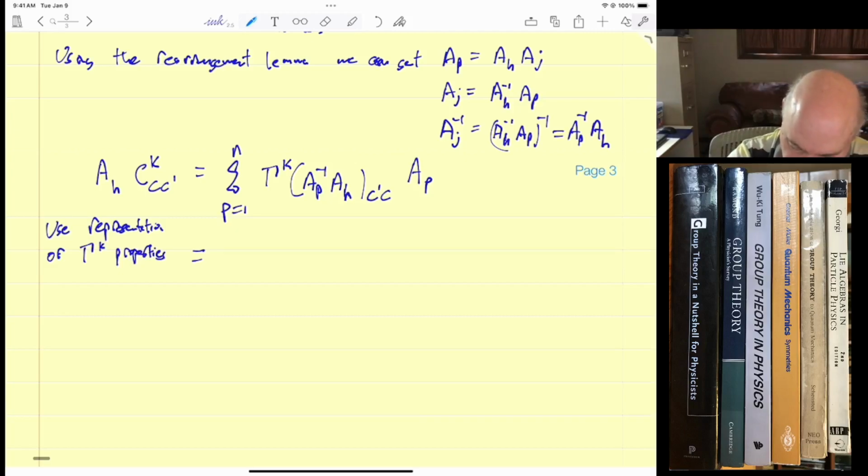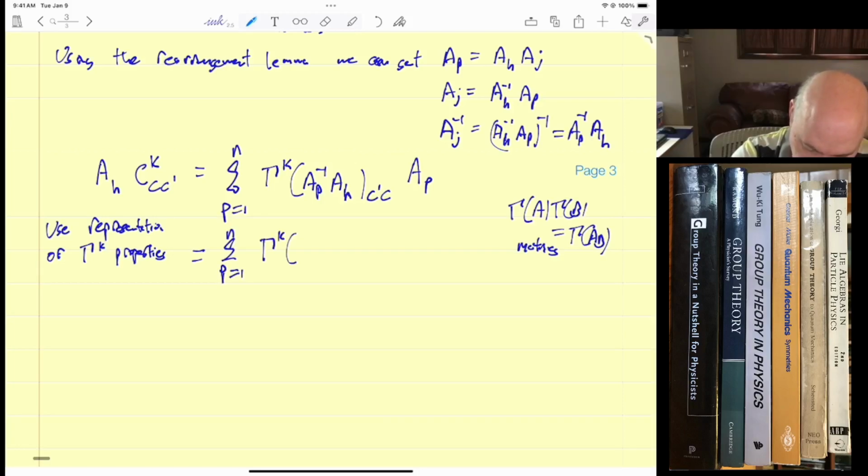Remember that our basic idea of a representation is gamma A, gamma B equals gamma AB, and these are matrices. So this is equal to the sum from p equal 1 to n, gamma k, AP inverse, C prime. I'm going to use another summation index, C double prime, so I should have put the sum over C double prime equal to 1 to lambda k. And that takes the first one, and then the second one is gamma k. Remember, this is just multiplication of two matrices. C double prime, C, AP. Okay, so we end up getting that